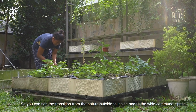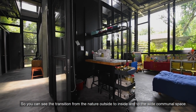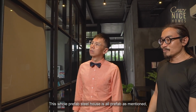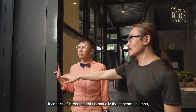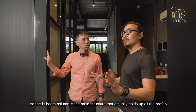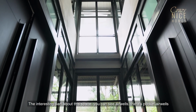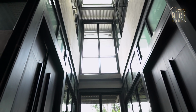So you can see the transition from the nature outside to the inside and to the wide communal space. This whole prefab steel house is all prefab, as mentioned. It all consists of H-beam. This is actually the H-beam column. The H-beam column is the main structure that holds up all the prefab of this whole steel house. The interesting part about this space, you can see there are air wells, spotted air wells, where all